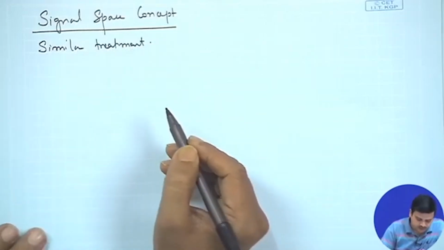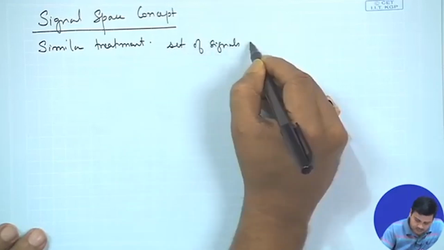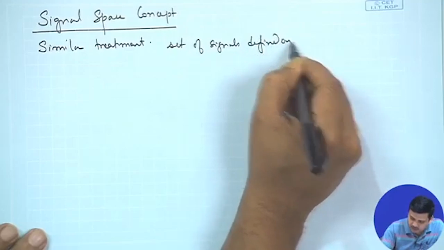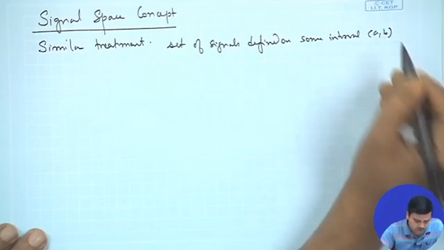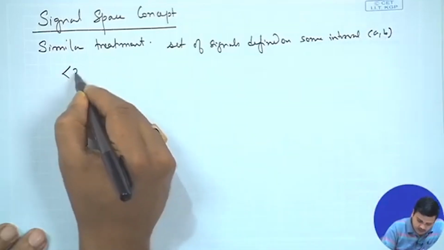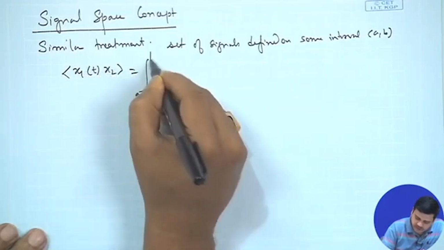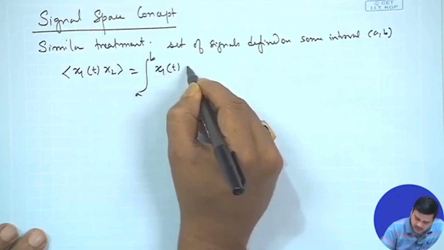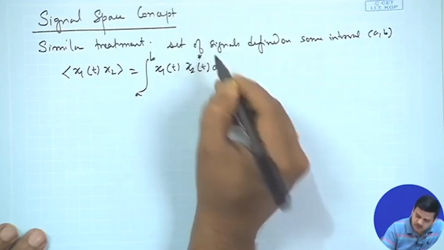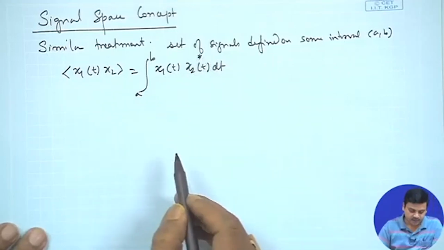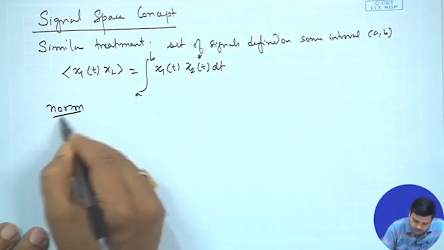As in vectors, we say that let there be a set of signals defined on some interval a b, and then the inner product of the signals would be defined as integral a to b x1 of t x2 of t dt, and you would often place a conjugate if it is a complex signal, right. And then you would define the norm of the signal